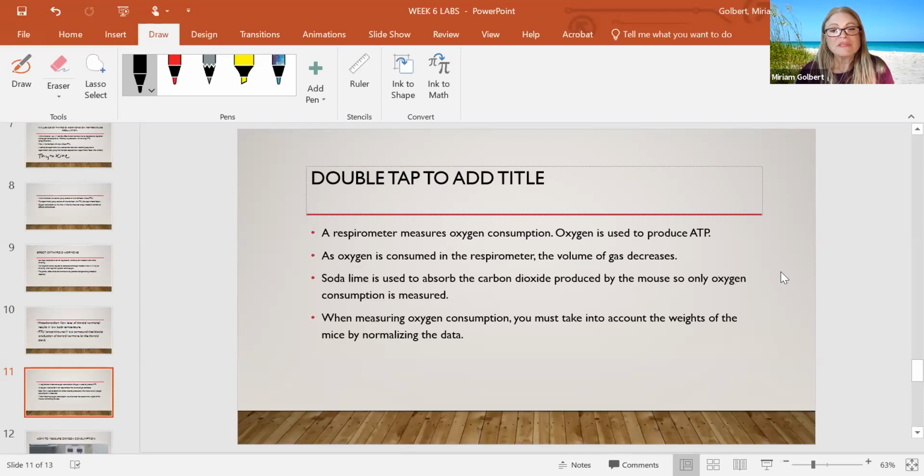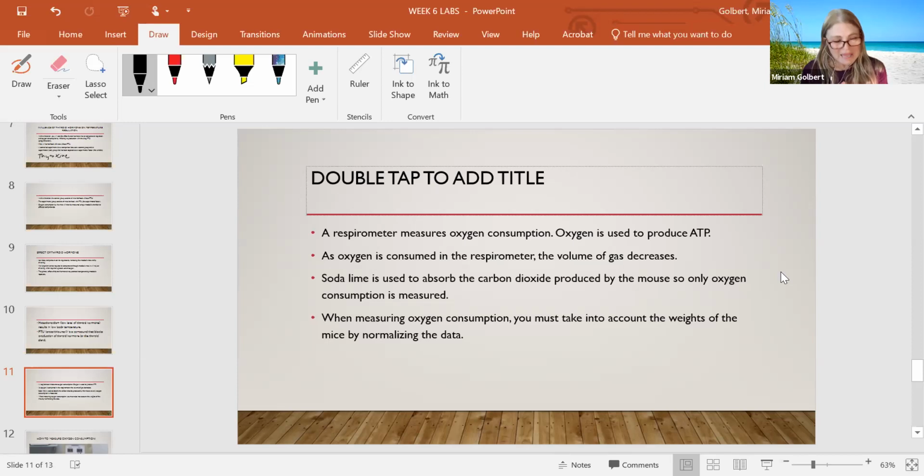And we're gonna put these little mice inside this chamber to measure the oxygen. And we're also gonna add some soda lime, which is going to absorb the carbon dioxide that the mice are going to exhale. If you leave that there, then we're gonna be having an effect on oxygen. So once we have the soda lime absorbing all the carbon dioxide being exhaled, we know that we're just measuring that oxygen consumption. And also, you have to take into consideration the weight of the mouse, because, for example, measuring